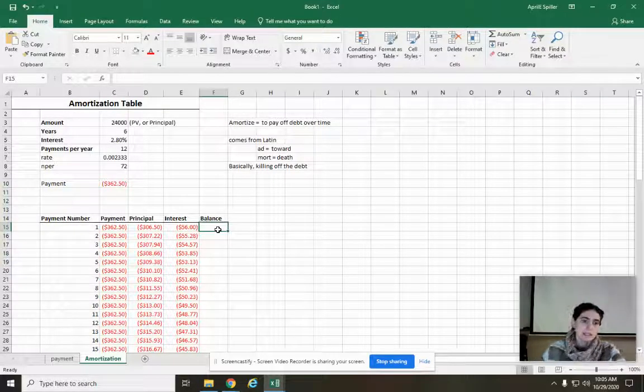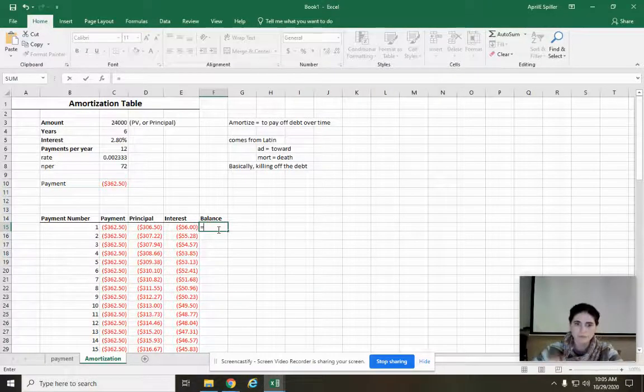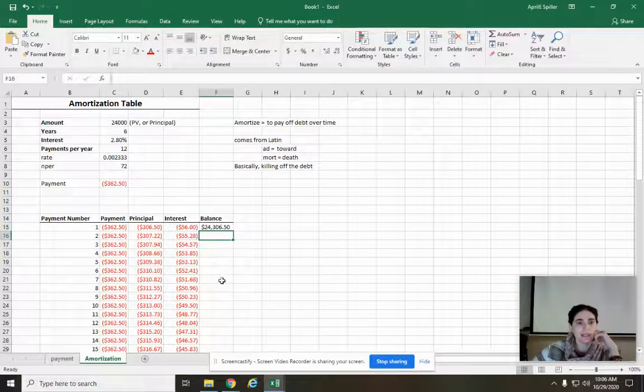Balance. Okay, so the balance is interesting. So we're going to go equals. After your first payment, so you start with this, right? So I'm going to click on this, minus this. The principal is the only part of this payment that's working towards your loan. So we don't click on the payment itself because that's not all going towards your loan. The only thing that's going towards the loan itself is this column right here. So I'm going to click on my initial value minus the first principal. Okay, so after the first month,